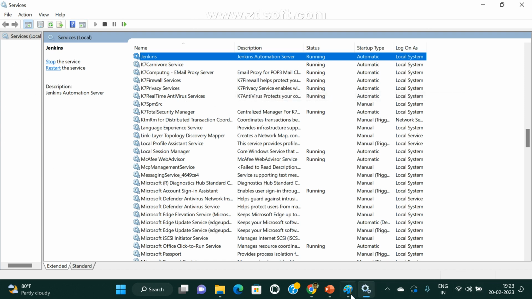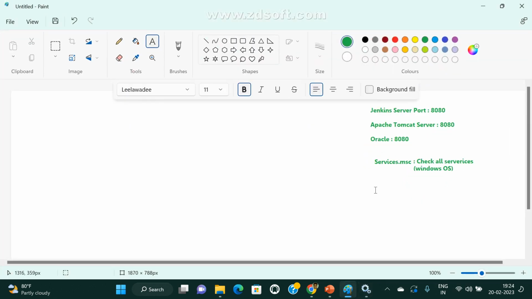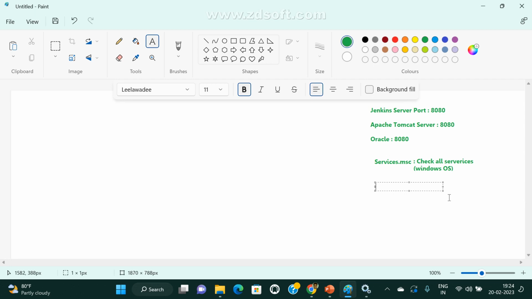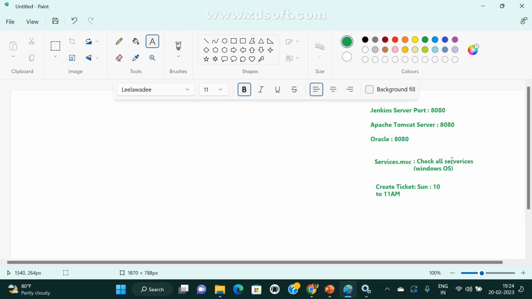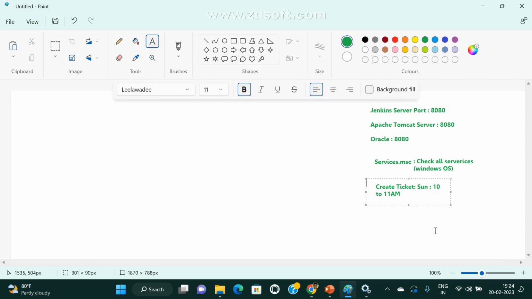Even in real time, if you want to restart the Jenkins server because something goes wrong, for example the Jenkins server is down, first you need to create a ticket. State the particular date and time, for example Sunday or Saturday, Sunday 10 to 11, when we are going to restart the Jenkins server. Please don't do anything like this on your own. We need to send an email. First we create a ticket, and this ticket goes to your manager, your delivery manager and others. Once they approve,